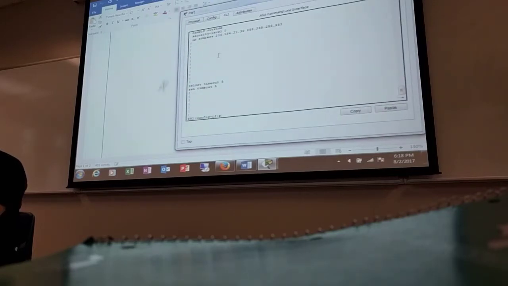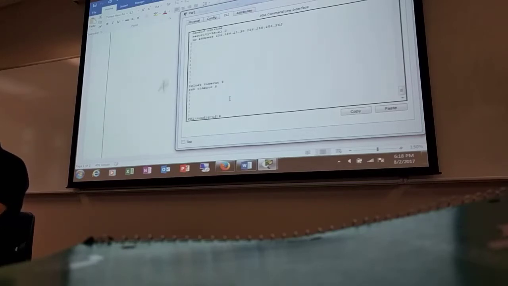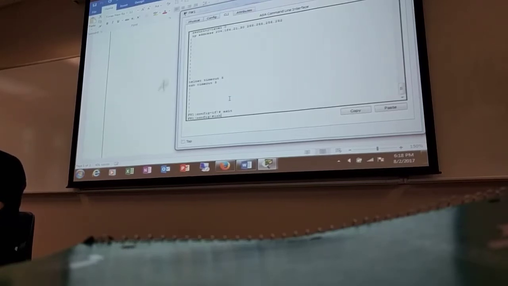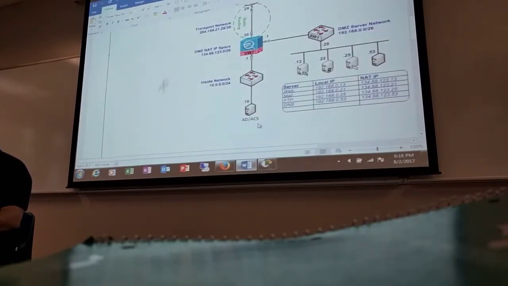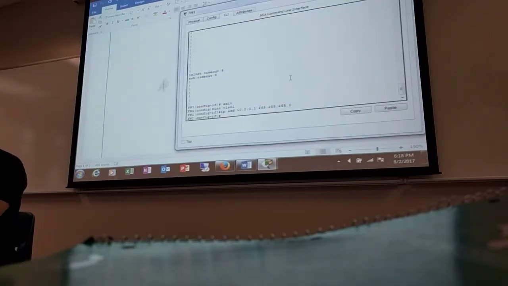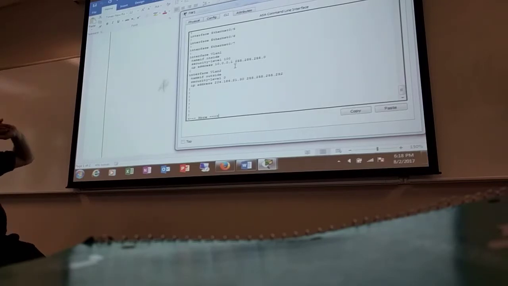All right, so we now need to put the IP address on VLAN 1. So I'm going to go into interface VLAN 1, IP address 10.0.0.1, 24-bit subnet mask. Hit enter. It's already on. Show run. You'll now see that I have the IP set up on the inside and the outside